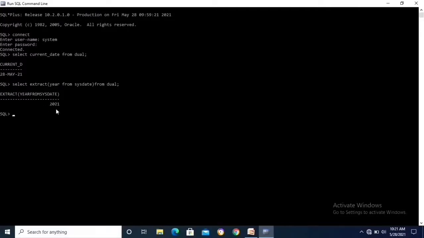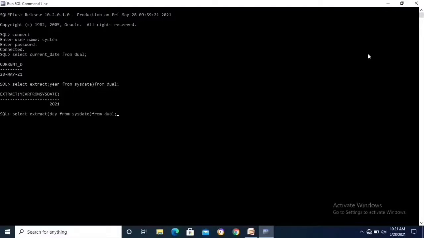Okay. Next command. Next select extract of day from sysdate from dual, semicolon.